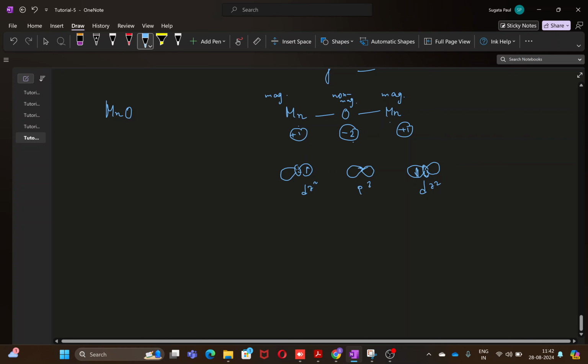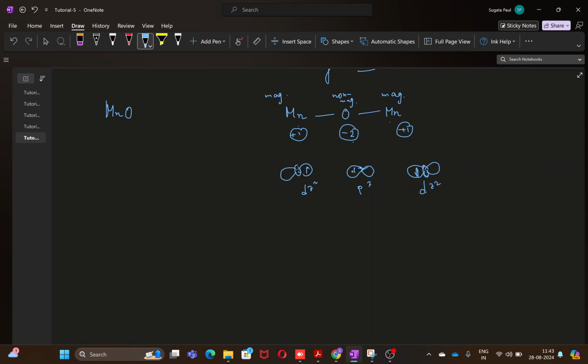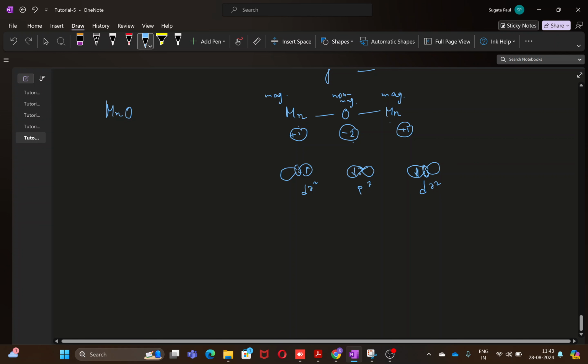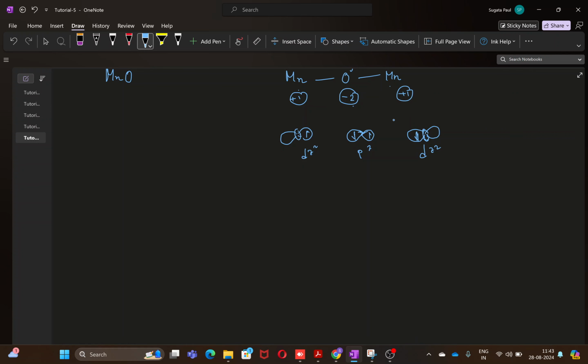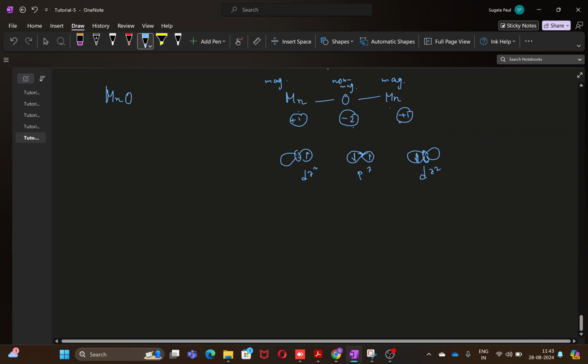This is the pz orbital, and you have two spins here. That means there is a spin pair present. It is not an uncompensated spin moment, so that is why oxygen is non-magnetic in this case, and it will be like one spin like this and the other spin like this. So you can see that the manganese magnetic moments are being coupled on next nearest neighbor positions in a cationic form,